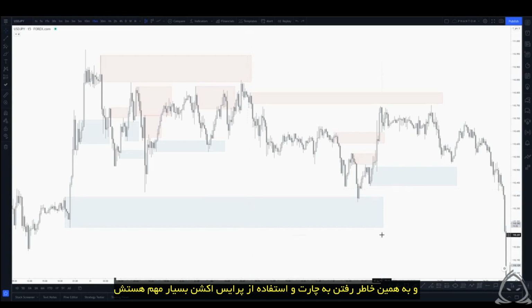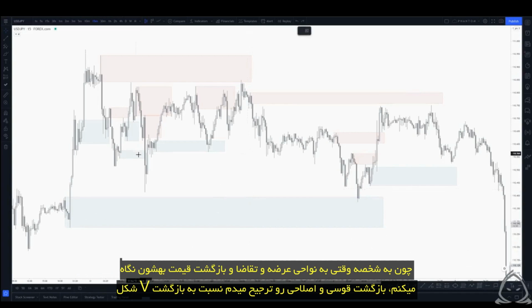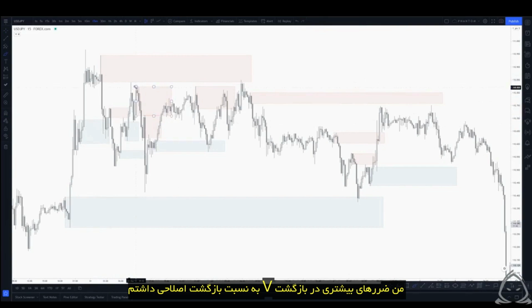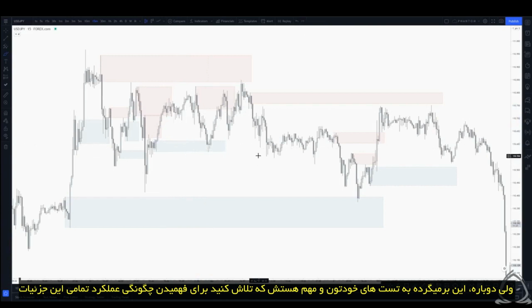Because for me personally, when I'm looking at supply and demand zones and how price returns to them, I prefer the rounded returns and the corrective returns as opposed to the V returns. I've had more losses on aggressive V returns than I have on the corrective returns. But again, that also comes down to your own testing, and it's important to really put the work in to understand